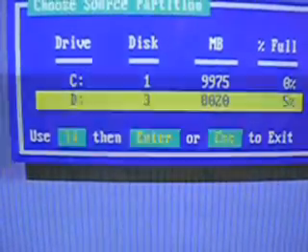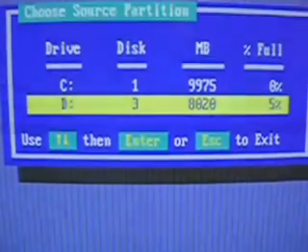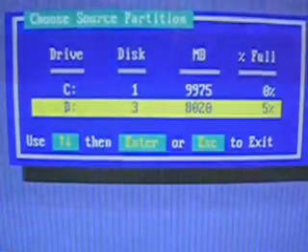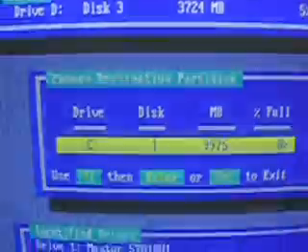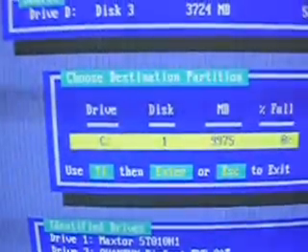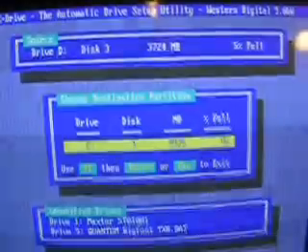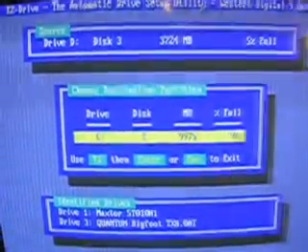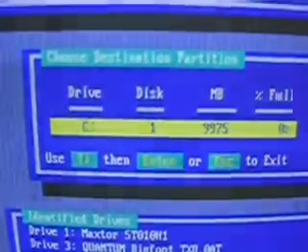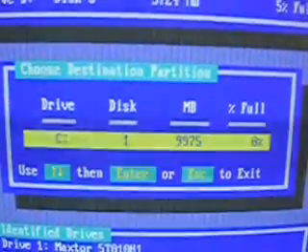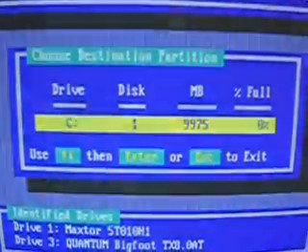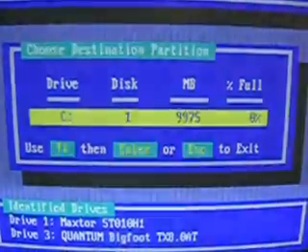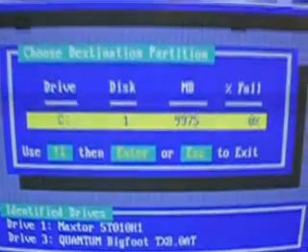But we're going to go ahead and pick D, which has our operating system and our games on the Quantum Bigfoot. Press enter. And it says choose destination partition. Gives you a little more information if I kind of pan back a little bit. But destination partition, and there's only one other one left, and that's the C drive, and the main partition, which is just about 10 GB and has no data on it. And we press enter,